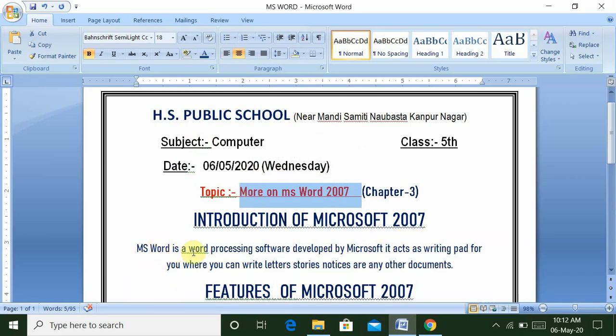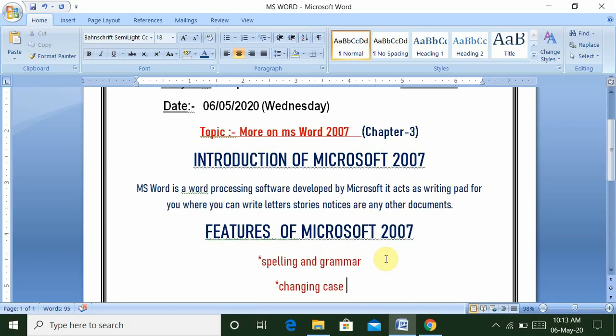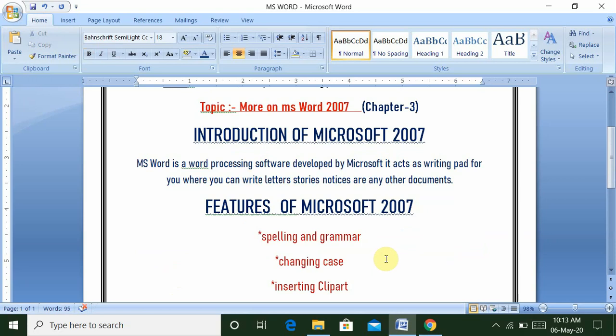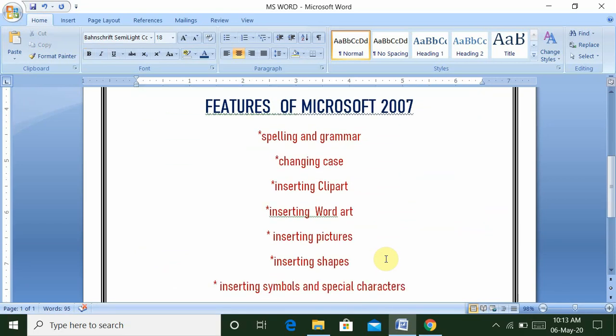As you know, MS Word is a word processing software developed by Microsoft. It acts as a writing pad for you, where you can write letters, stories, notices or any other documents. So many features are available in Microsoft 2007. As you look, features of Microsoft 2007.